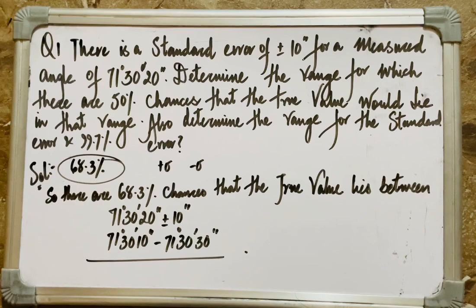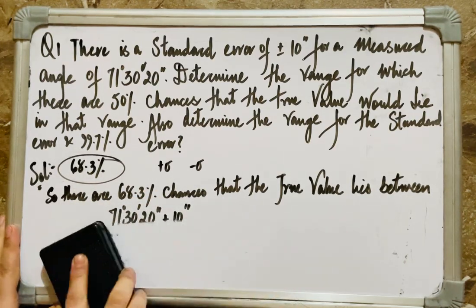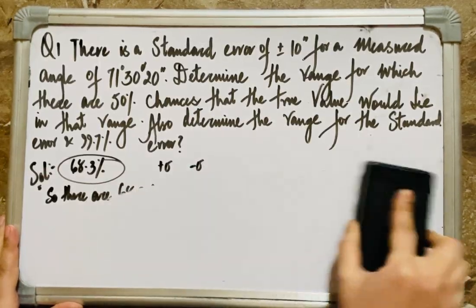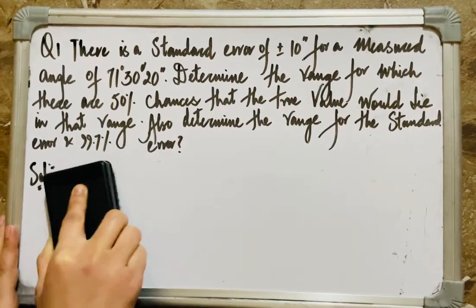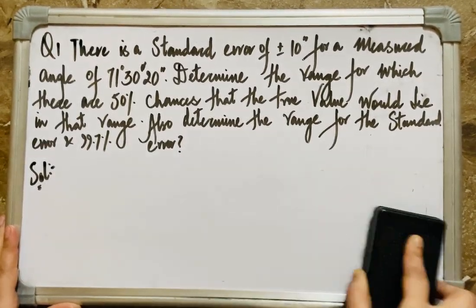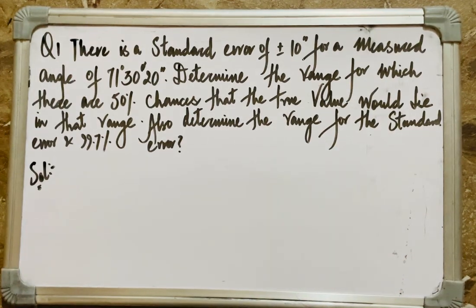And we know that the standard error or standard deviation establishes the limits within which measurements are expected to fall 68.3% of the times. So this is the range for my standard error. I have completed the second part as well. Now the last part. We have to determine the range for the 99.7% error. Now the third and the last part of the question says determine the range for